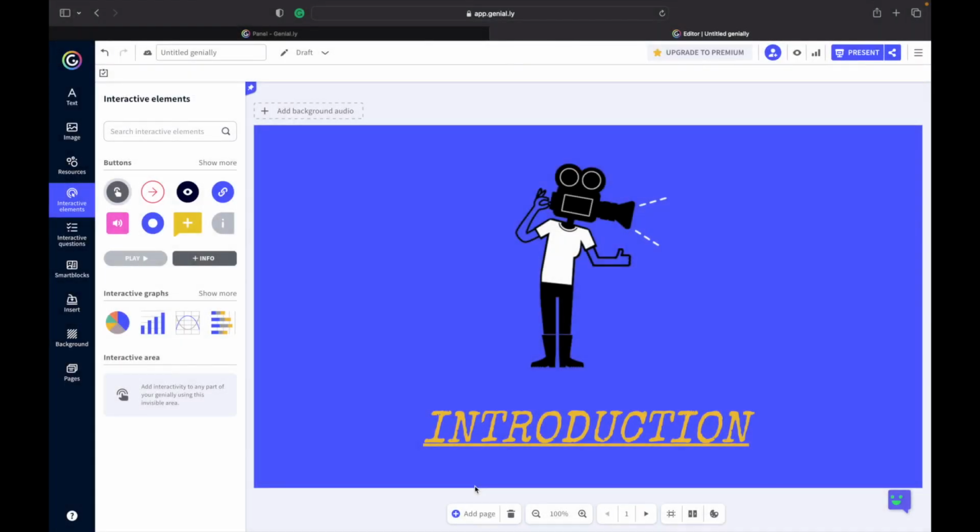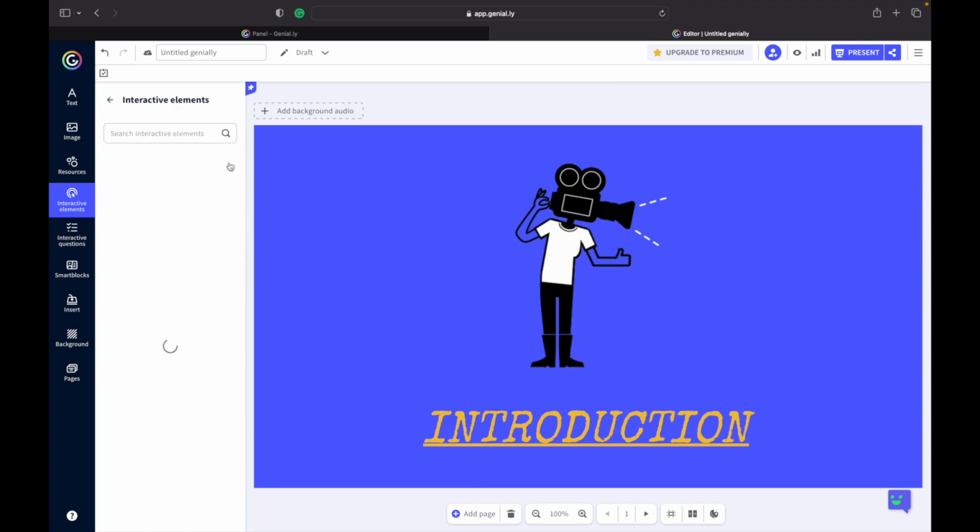Now let's talk about the interactive elements that you can add on. This is what makes Genially so different and so much more interesting, the fact that you can create more of an interactive element. So if you select interactive elements from the main menu, you get an option of interactive graphs, interactive buttons. Now we're going to select buttons, but before we do, we're going to click on show more,